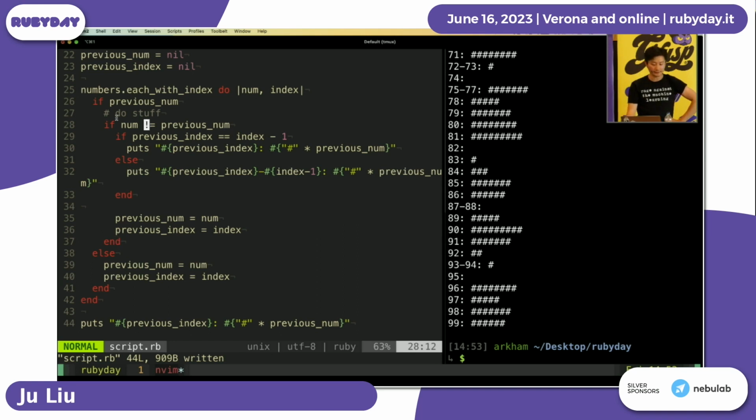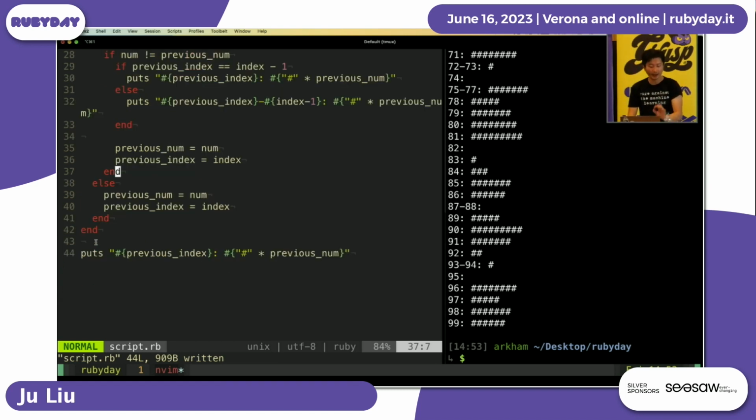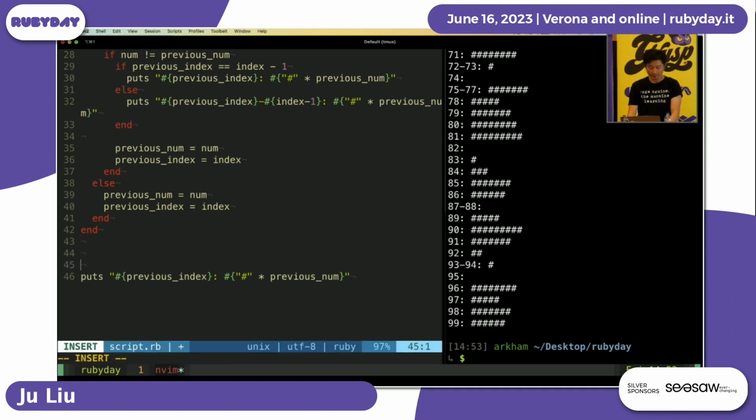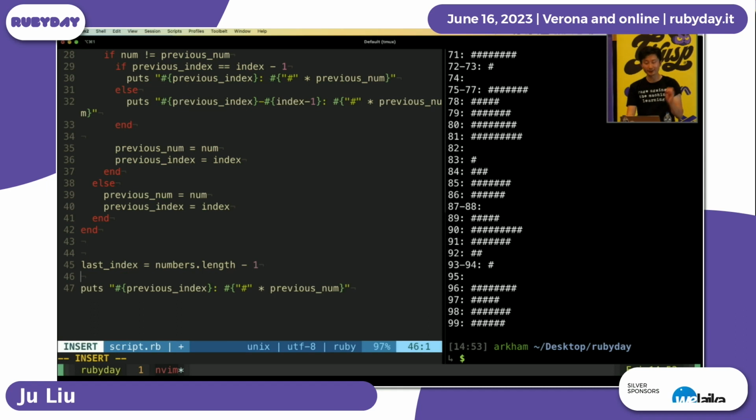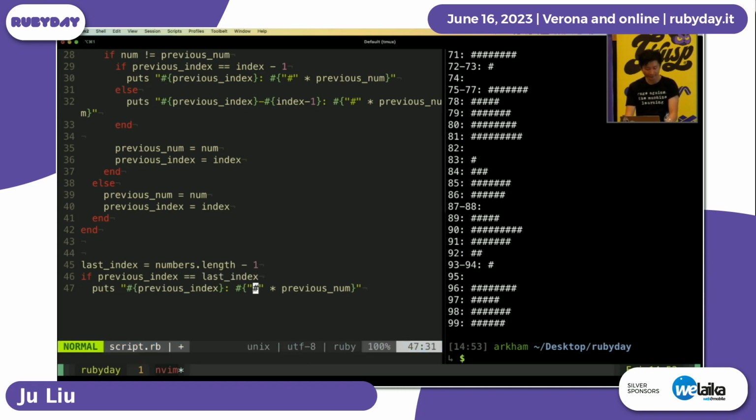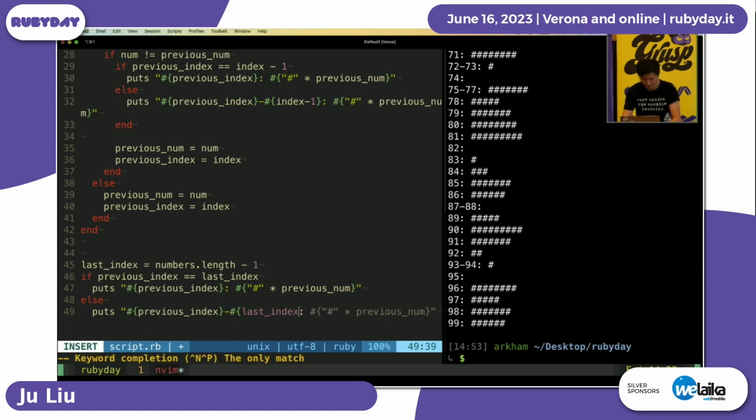Oh, that's good though. If it's different, I'm going to do this. Otherwise, it's just going to keep going through in the next iteration. Yeah? So I think that part should be good. I think it's just afterwards, when we're out of the loop, we have to do something a bit nasty, which is to say, okay, the last index is numbers.length -1. Then we have to check the previous number. If previous index equals last index, then this is enough. Otherwise, we need to print something a bit more complicated, which is something like this, last index,